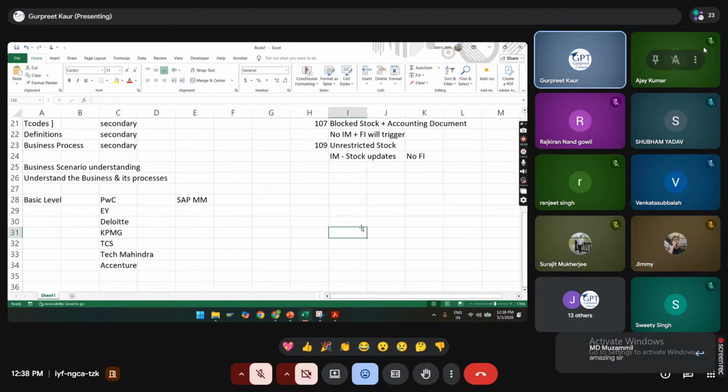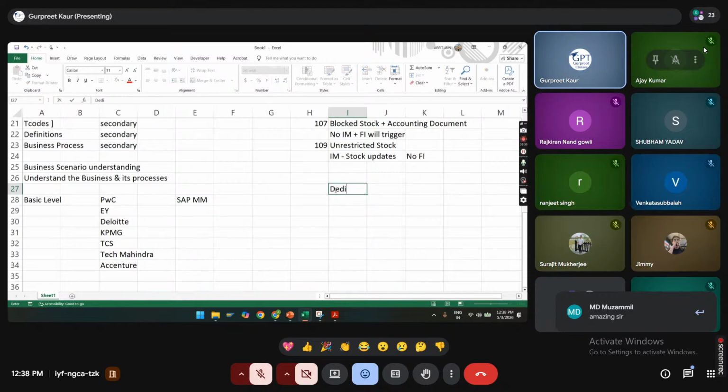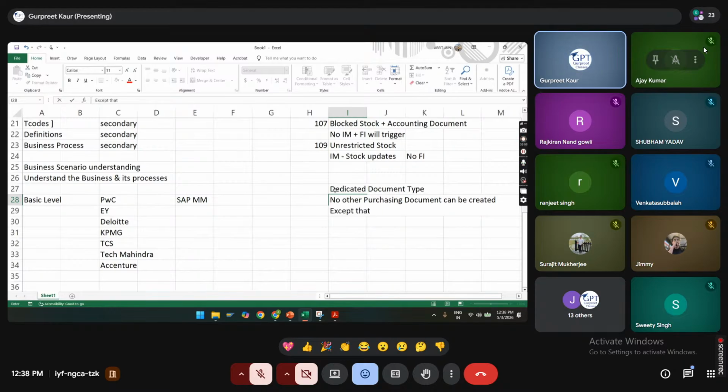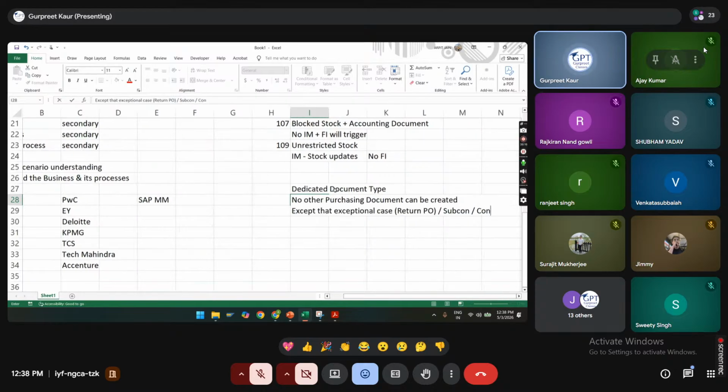First, understand the question. When I asked you about a dedicated document type, it means no other purchasing document can be created, except in exceptional cases. Like in my example, I told you about return PO, or it may be only subcon PO, or it may be only consignment.